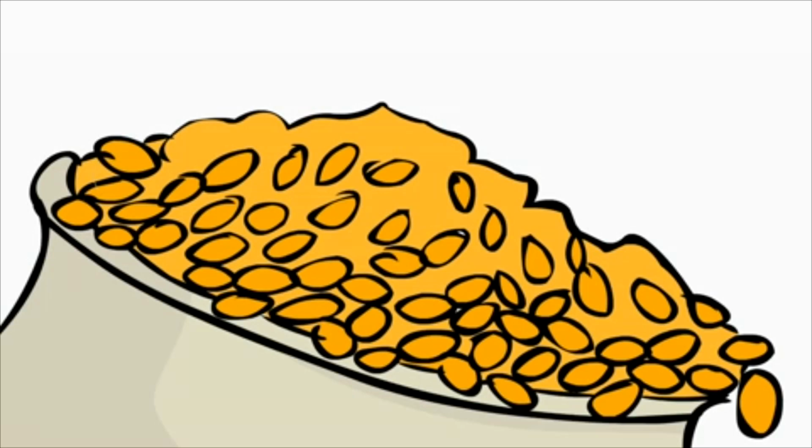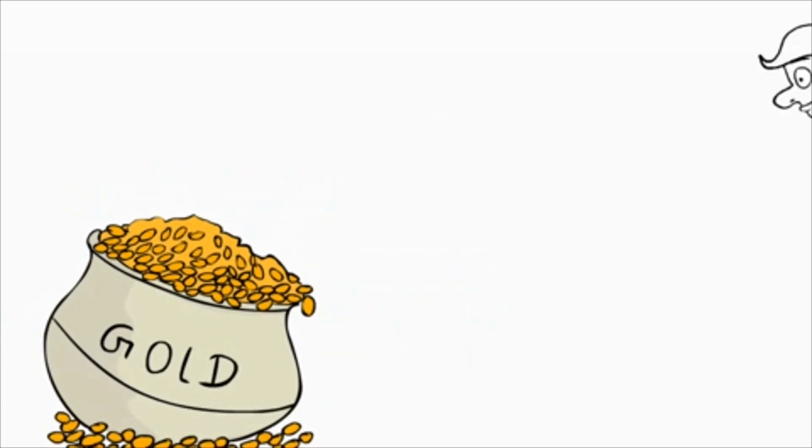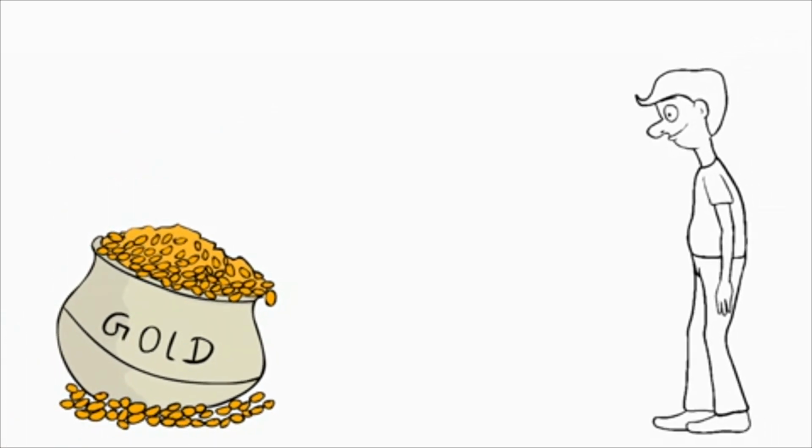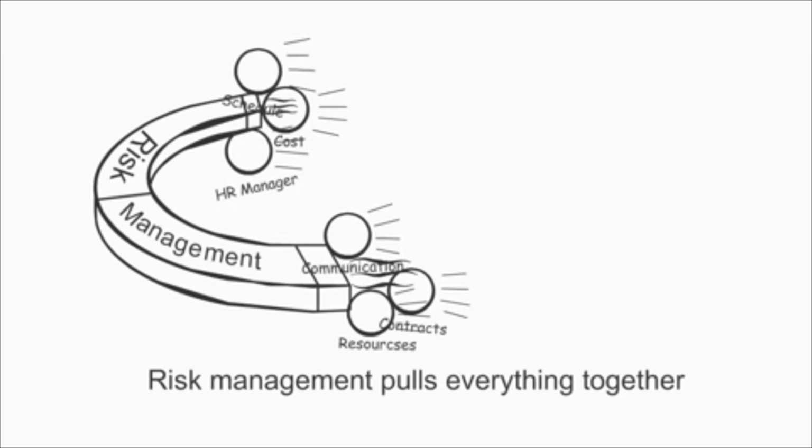Similar, but opposite to identifying risks, project managers should also be able to identify opportunities, rank them, and try to get them to happen as much as possible. Risk management is a beautiful thing. It can act as a magnet and pull the different components of your project together,